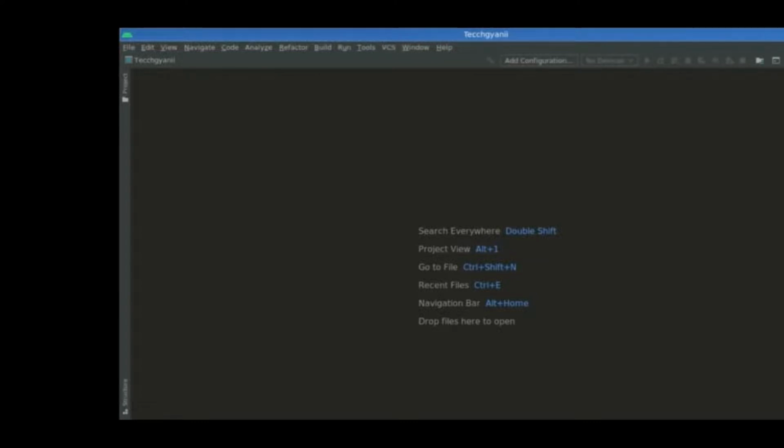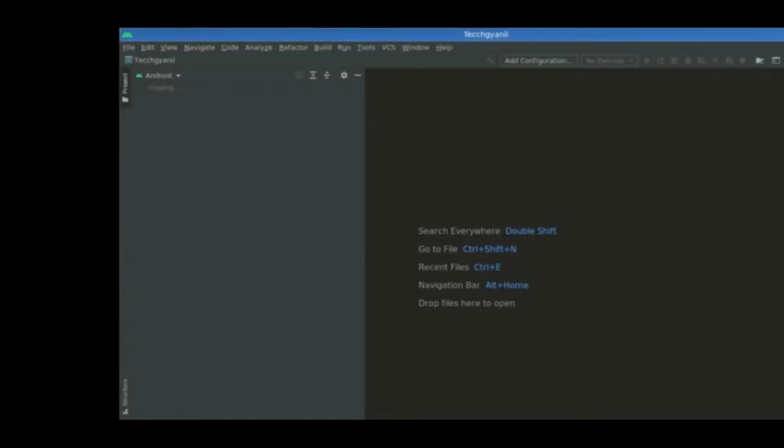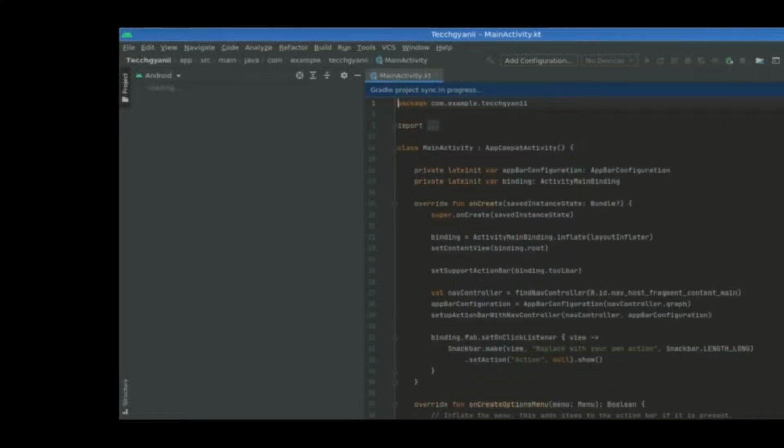Just like that you can use Android Studio on the site itself. It is a very interesting app and a very useful app. You can see the page is opened up, the platform is opened up. You can code and build any app. You can also download it from the site itself. This is a very interesting app.